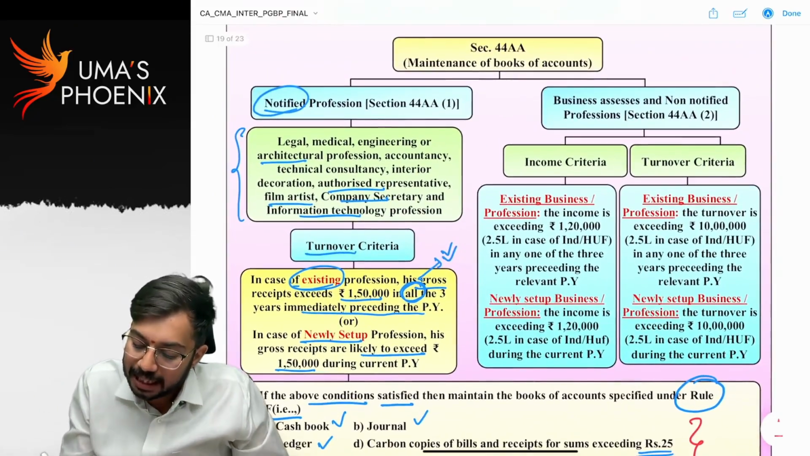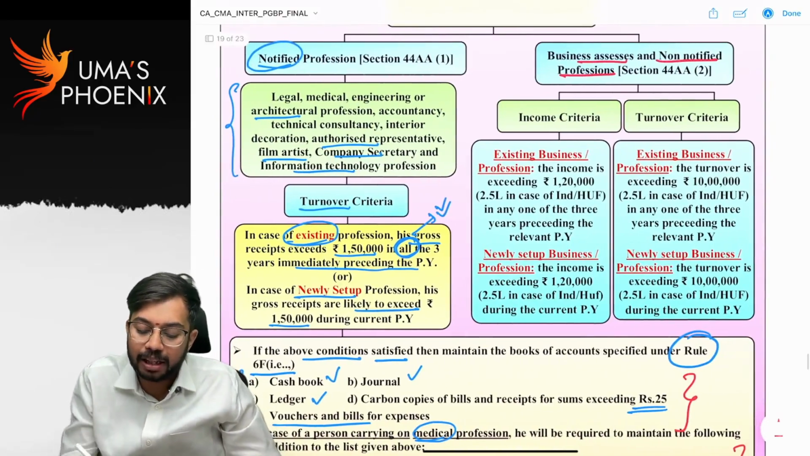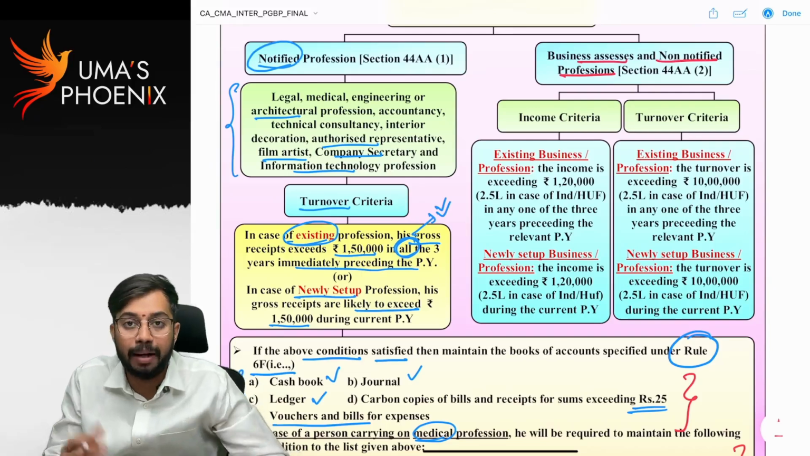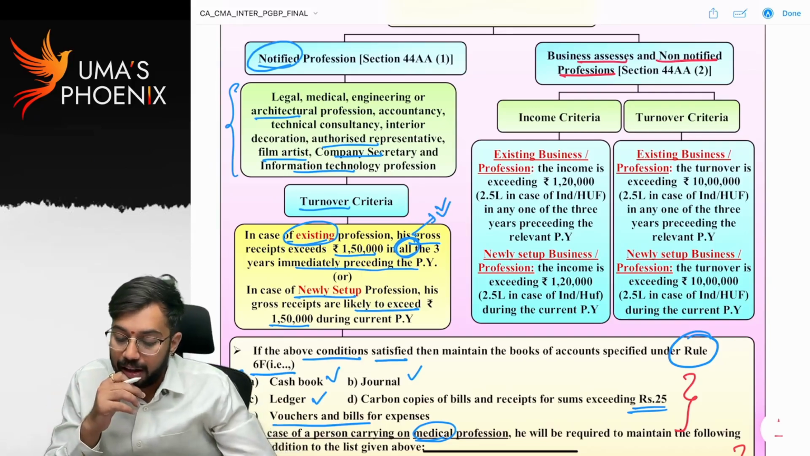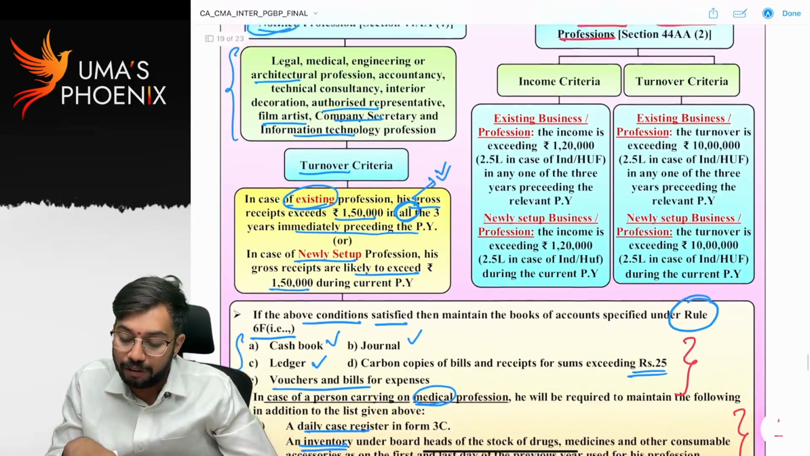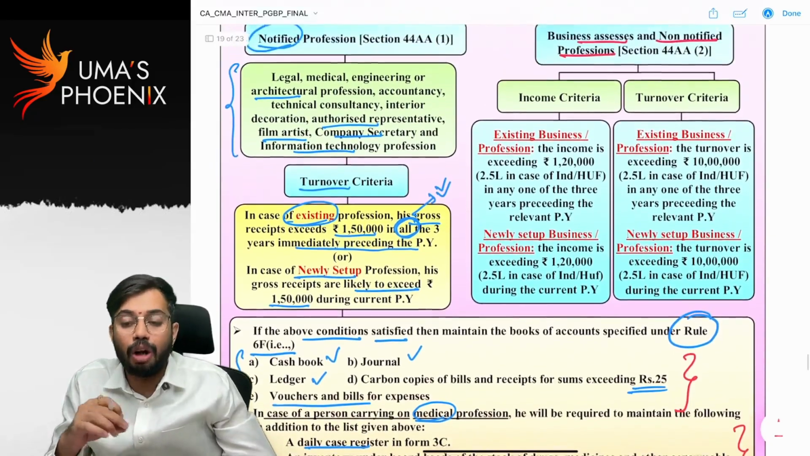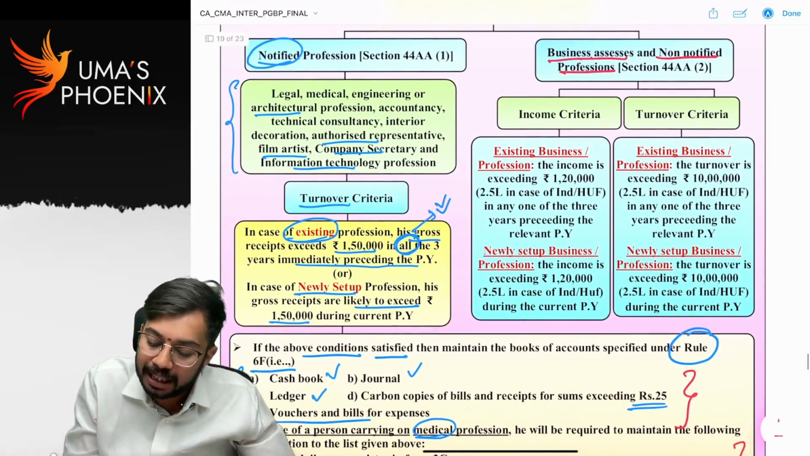Next, business SSCs and non-notified professionals. See, some of the professionals are not notified here. Okay, priest, he is not notified. Okay, astrologer, he is not notified. So whoever the non-notified professionals and other business SSCs are, for them,